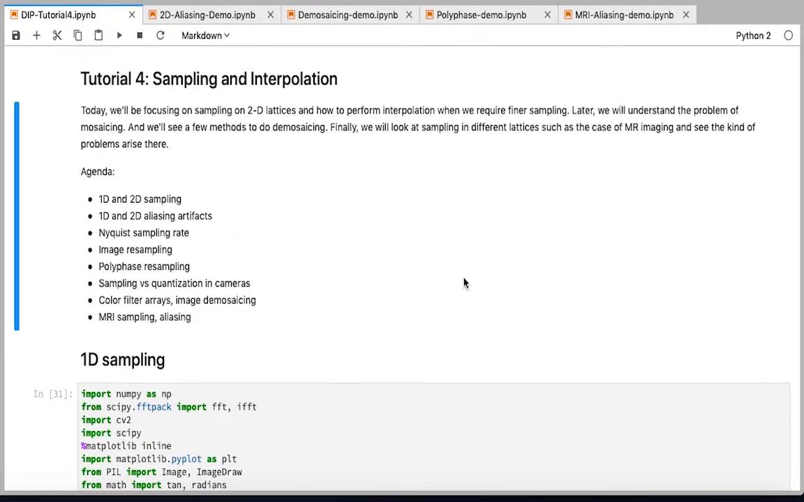Today we'll be talking mostly about sampling and interpolation. Until now we already worked with discrete signals, but we never really considered the case of how we get to discrete signals. Today we'll see some problems that will arise during sampling, both in 1D and 2D, and we'll specifically look at this thing called aliasing, which arises when you don't sample finely enough at the points, and we'll see what the Nyquist rate is